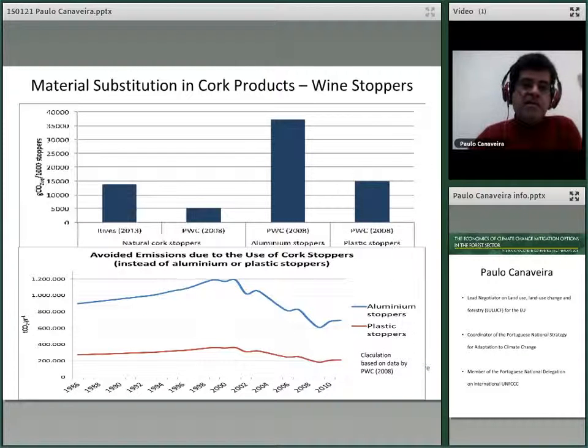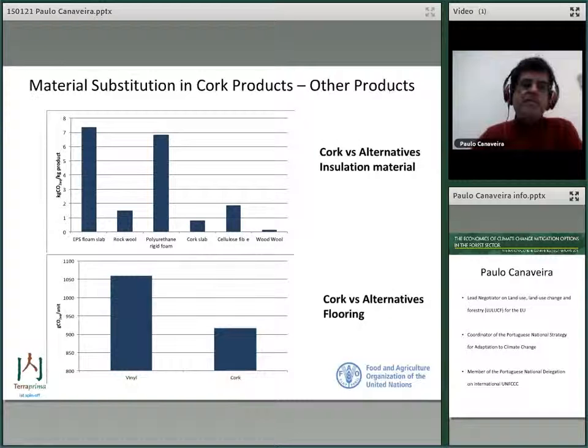And although initially cork was basically used for cork stoppers, there has been a lot of innovation and a lot of research being put into other uses of cork. Cork is now a very common product in other uses as insulation material. The fact that cork is a natural bark that was, if you like, designed by nature to protect the tree against forest fires means that by its evolution it is a very good insulative alternative insulation material. And what you see here is that the most common